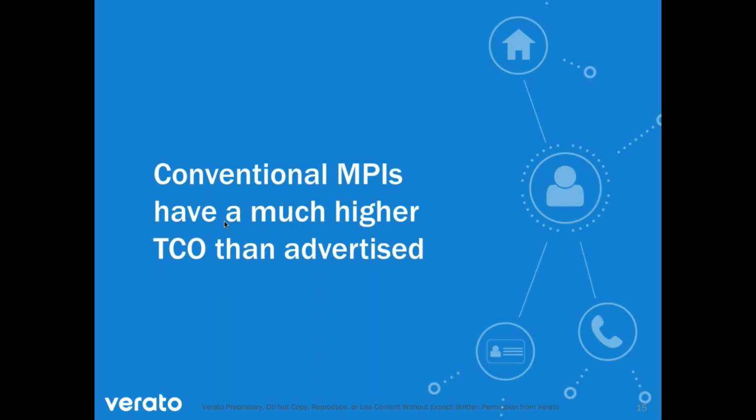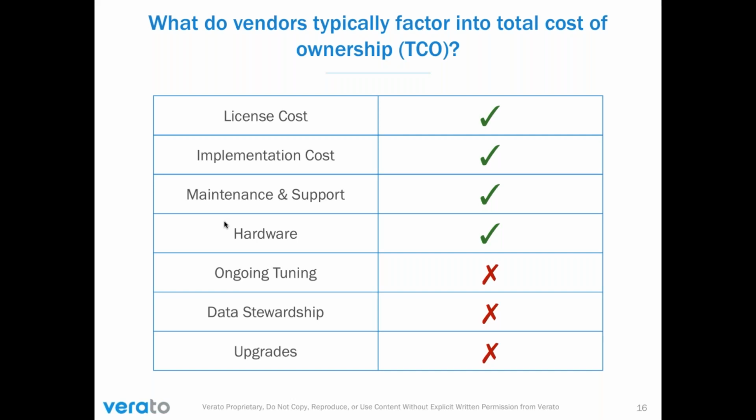So what's the result of these three things? When you're creating your estimates for what you have to invest in an MPI program, if you're looking at traditional MPI software, obviously the license cost of the software is on everyone's radar. People know there's going to be implementation, and so you factor in some amount of implementation. Oftentimes those estimates are a little bit low, just because of the complexity involved with all of these steps in the process, but at least the line item's there. Maintenance and support for licensed software, it's 20% of the license or whatever, people bake that into their estimates. And like I mentioned before, hardware is usually fairly well accounted for these days.